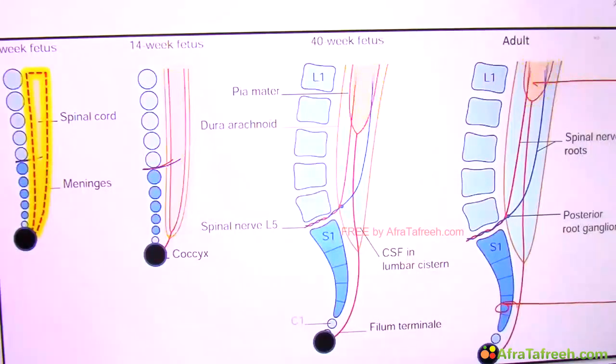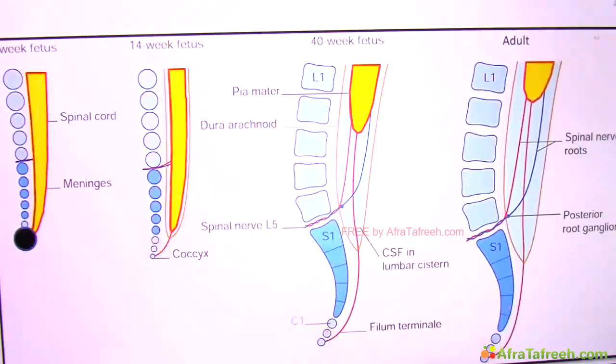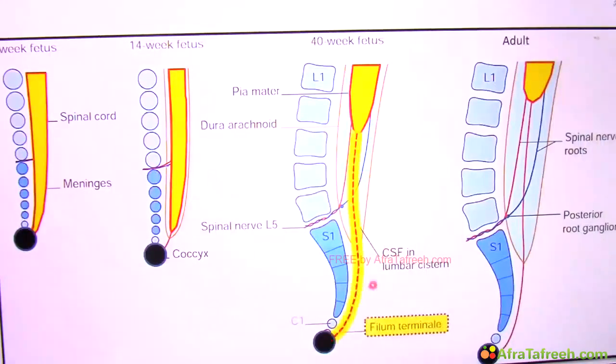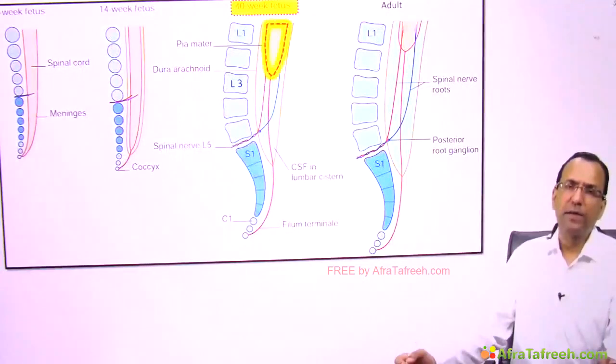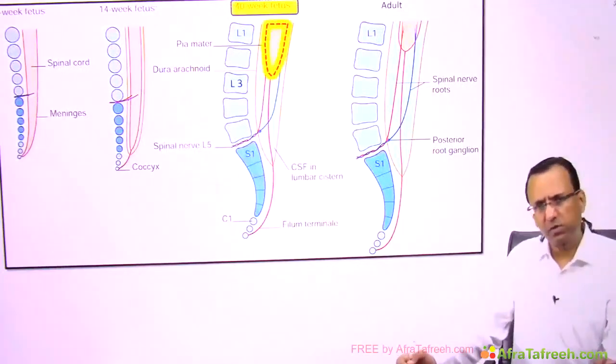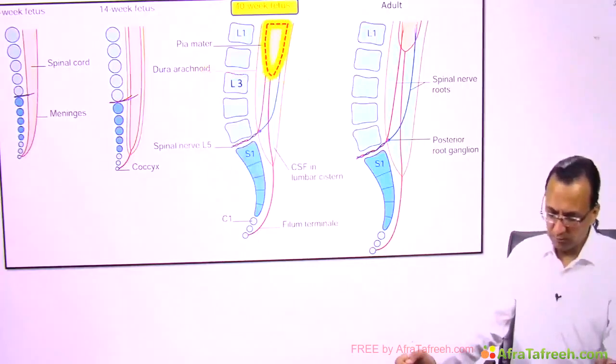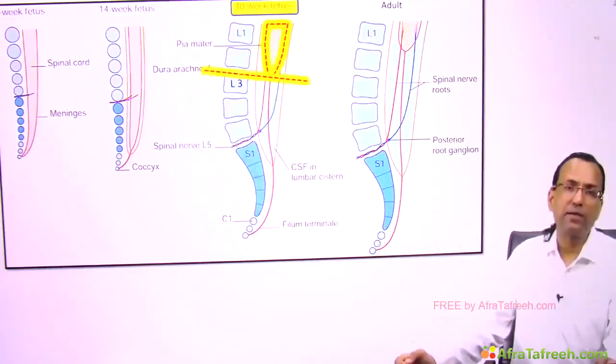So what will happen then? The coccyx bone goes away from the spinal cord, but it still keeps the attachment to the tip of the spinal cord with a fibrous attachment, which is some collagen fibers making the filum terminale. So the filum terminale is some collagen fibers attaching the tip of the spinal cord to the coccyx bone. So what is the termination of spinal cord in a baby at birth? We have seen already that it was the upper border of L3 vertebra.